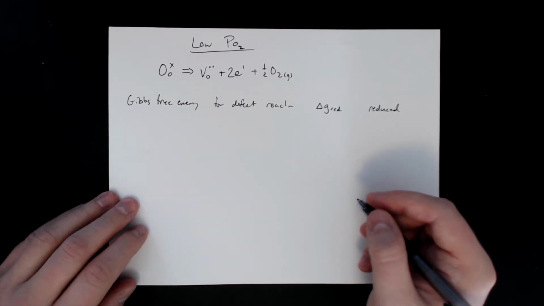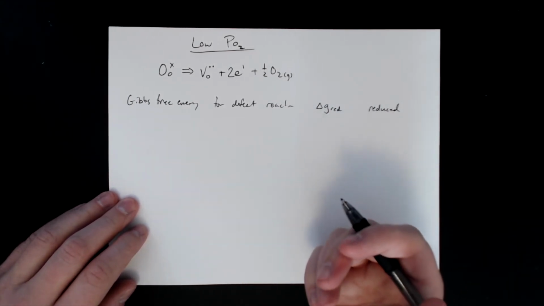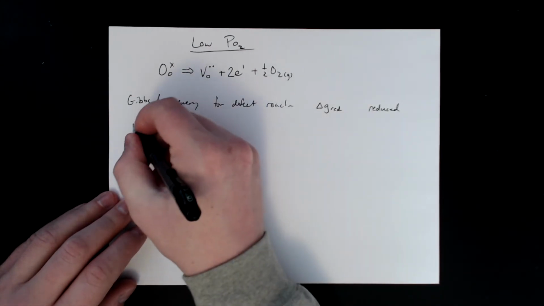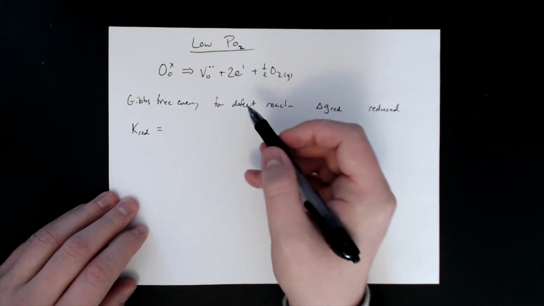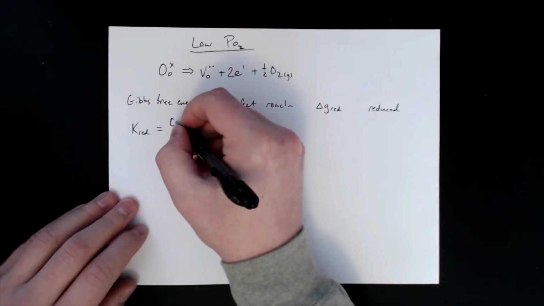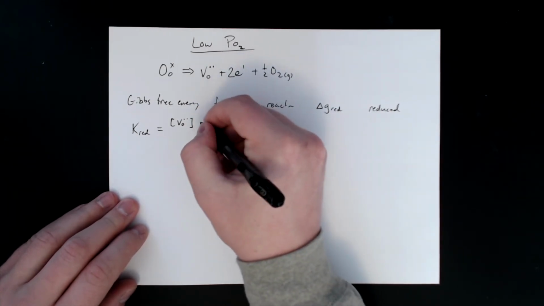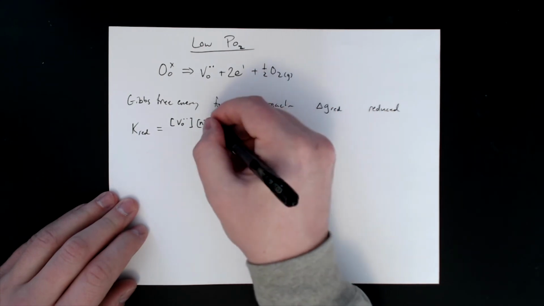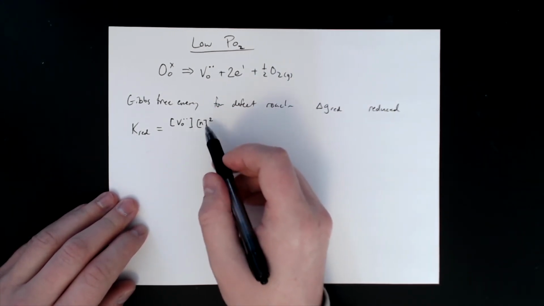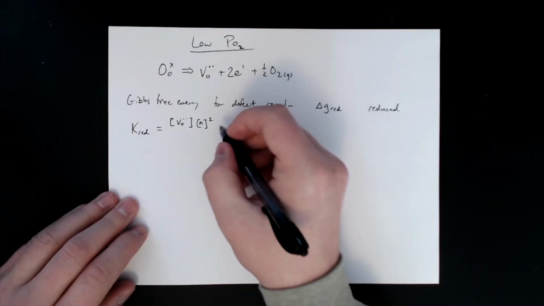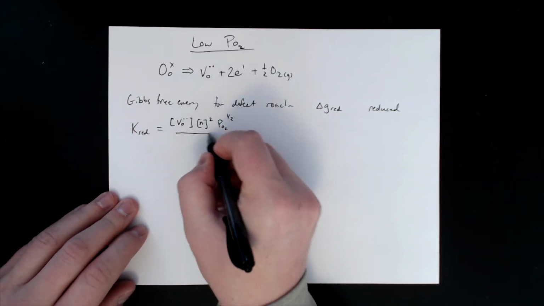All right, so we also want to look at the mass action or equilibrium coefficient, and so that would be K red. And so this is going to be equal to the concentration or site fraction of vacancies, and then the same for electrons squared because of the 2, and then we have PO2, and that's raised to the 1/2, and that's all over